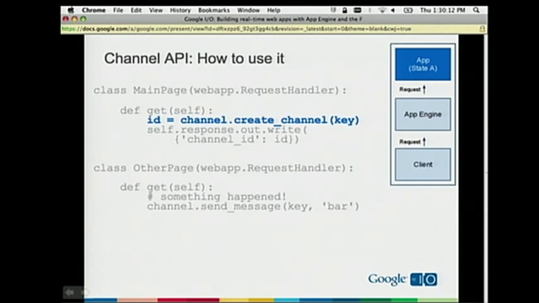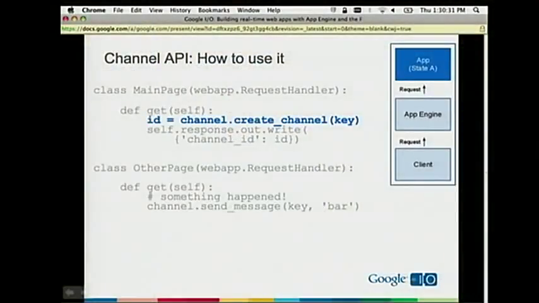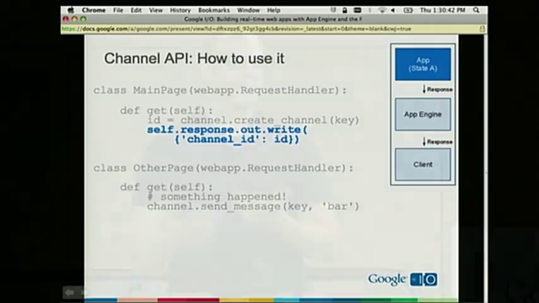The first is you create a channel. And you can see that you specify a key to identify that channel. That's up to your application to provide, and it can be whatever you want. What I usually use is get current user ID. Basically, I have one client per user. But you could use a database key or whatever you choose. And you're given back an ID, which is a token that the client uses to connect to that channel. So the next line, you can see here that we inject that token into a template,